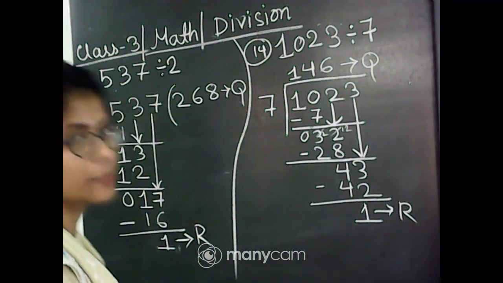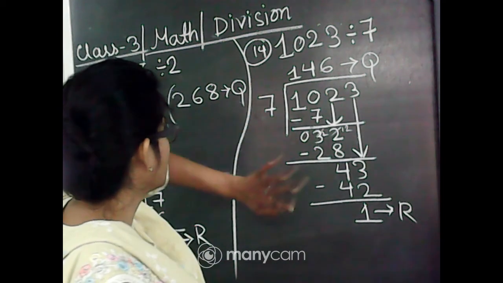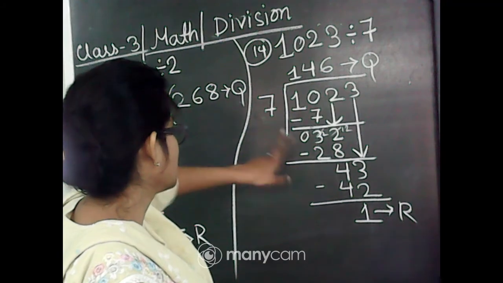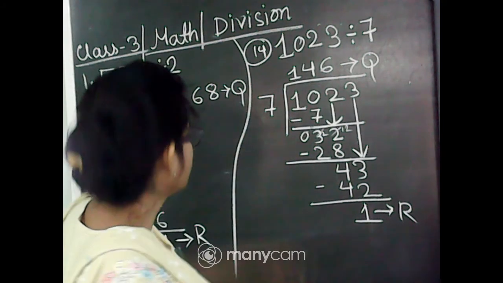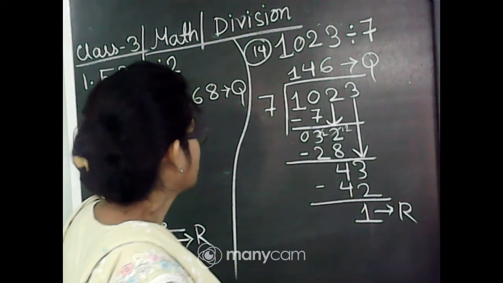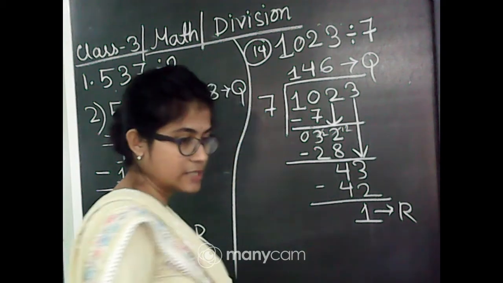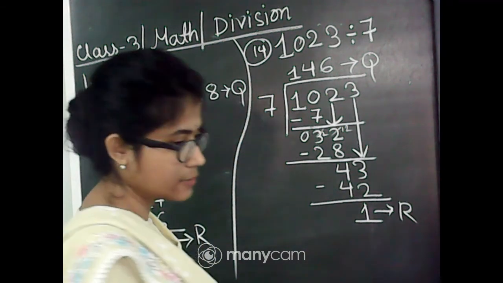After completing the math, you have to check it. Okay, that 4 times 7 ones are 7, so 3 is left, so it becomes 3, then 4 times 7 is 28, 4 is left. Okay, then it's all right. Okay, so in this way you have to find the answer.